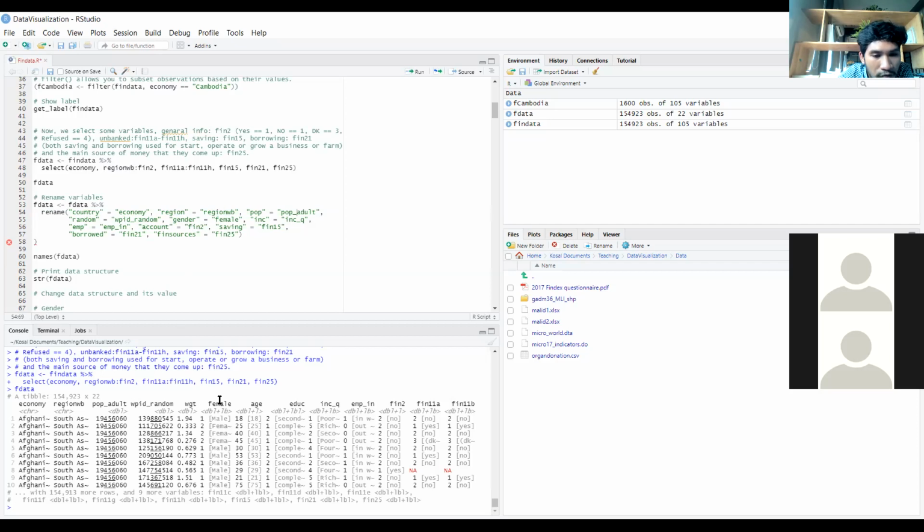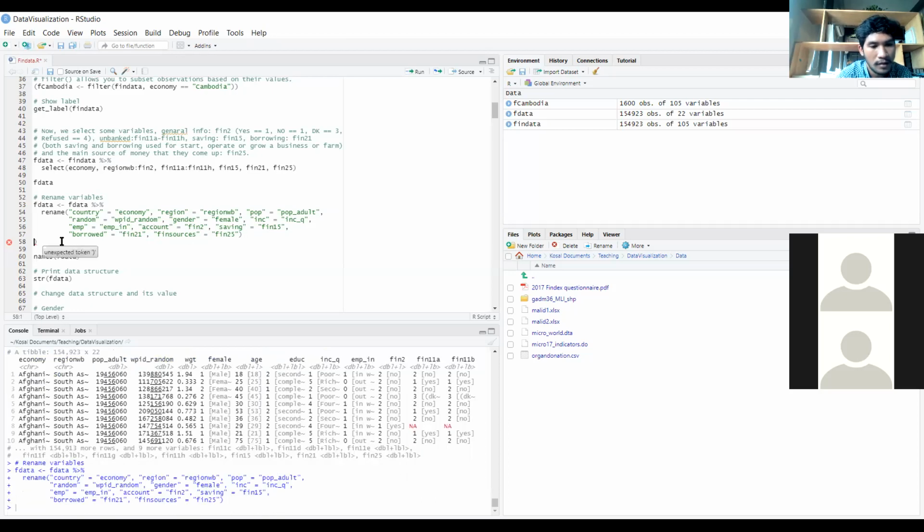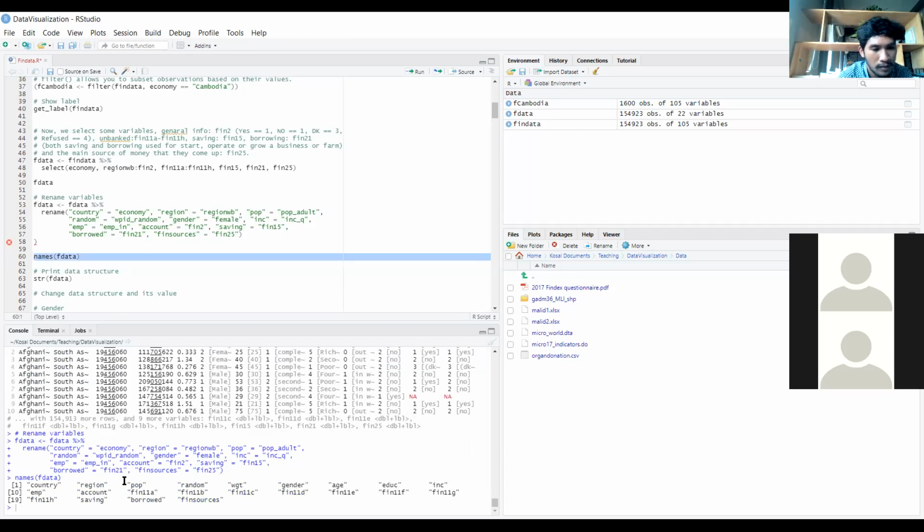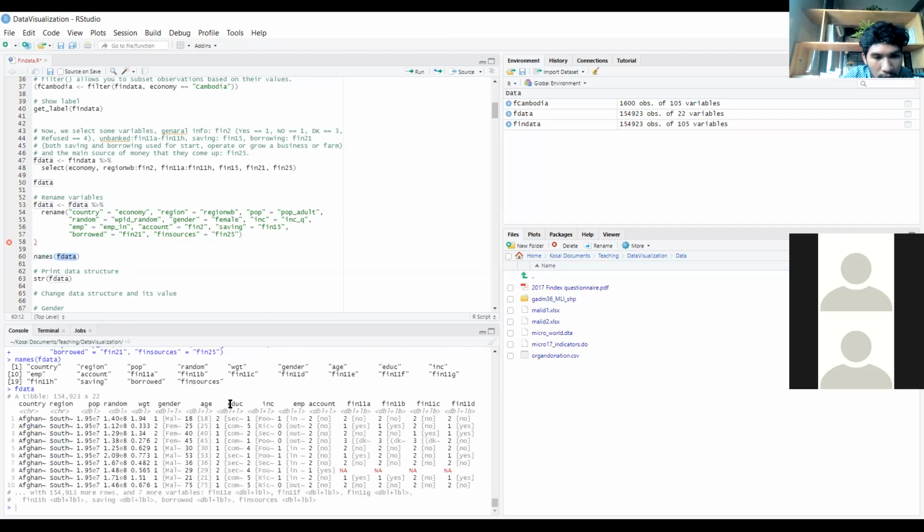I rename female to gender, income, employment, account, fintech, fin to account, sale, and intern. When we click the name here, we will see the new name that we renamed. Here, a new name, account,